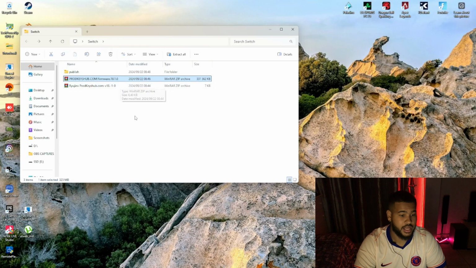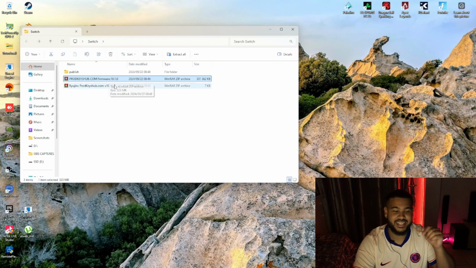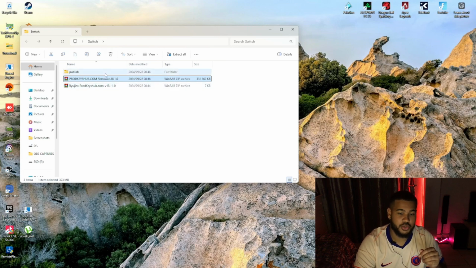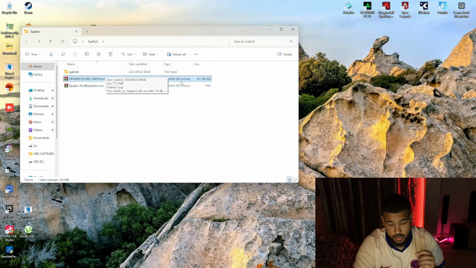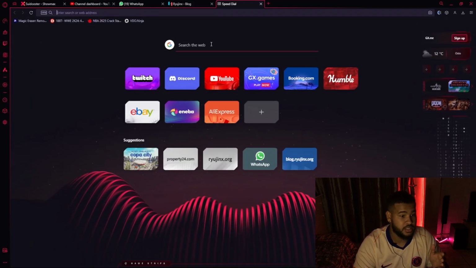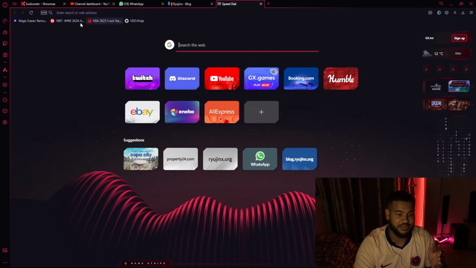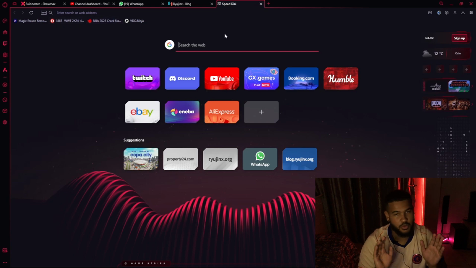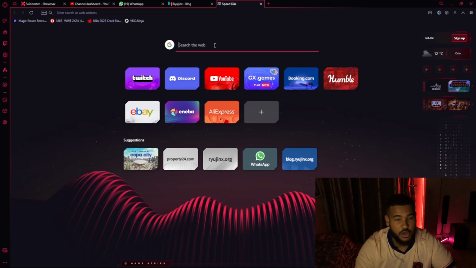So if you get version 18.1.0, you're going to download the firmware for 18.1.0, and you're going to download the keys for 18.1.0. And then what you're going to do is you're going to use the same website, right, also known as google.com. So what you're going to do is, as you can see, I've been cracking games 2K24 and 2K25, waiting for that. What you're going to want to do is Google